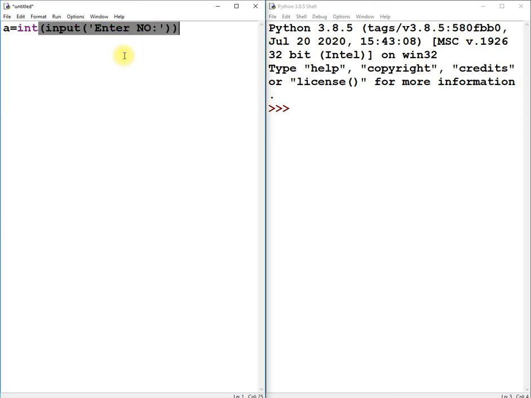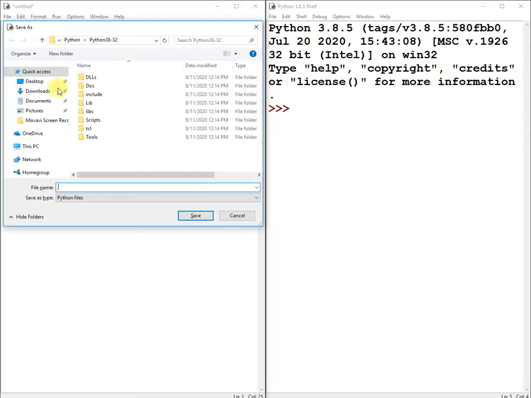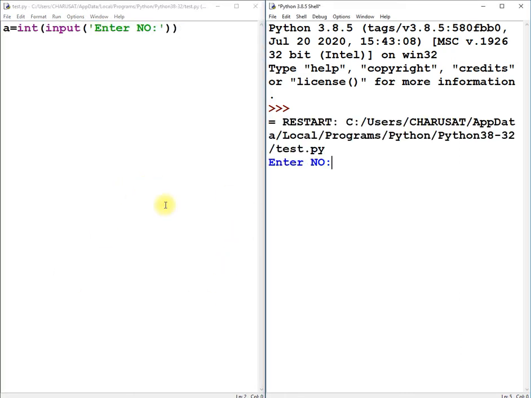Now if I run this code, I am pressing F5 over here. I am entering 3, press enter. So it has taken one input.